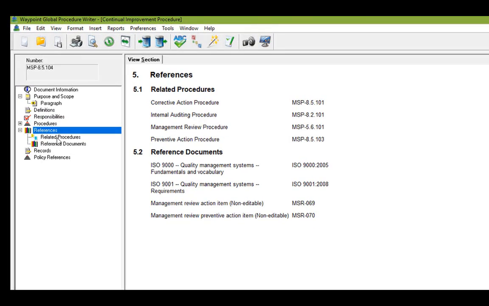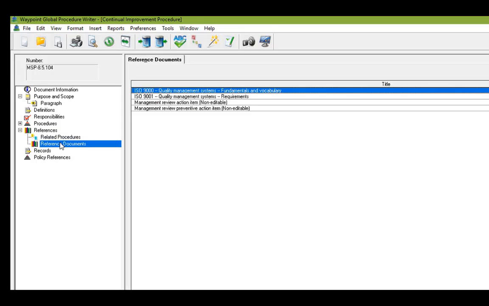Your related procedures are probably going to be similar. You're going to want to wait till you get most of your procedures completed, if not all of them, so that you at least know what the name of them are going to be before you start creating relationships to those procedures. For the reference documents, this is where you're going to want to remove the old